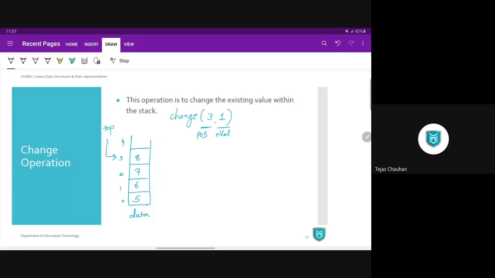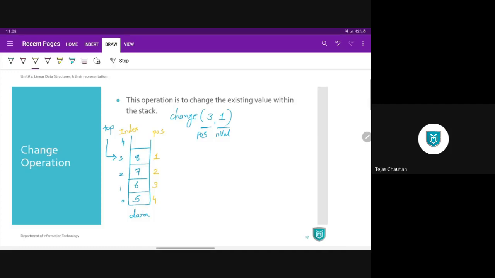Okay, so for the user, the topmost position will be the first position. Then this is second, this is third, and this is fourth position for the user. And that's how the user is going to calculate the positions. Now, the user has given us a position and we want to have the index to change the data, right?